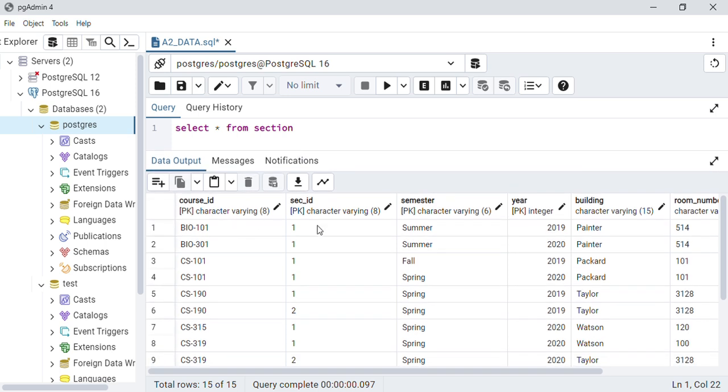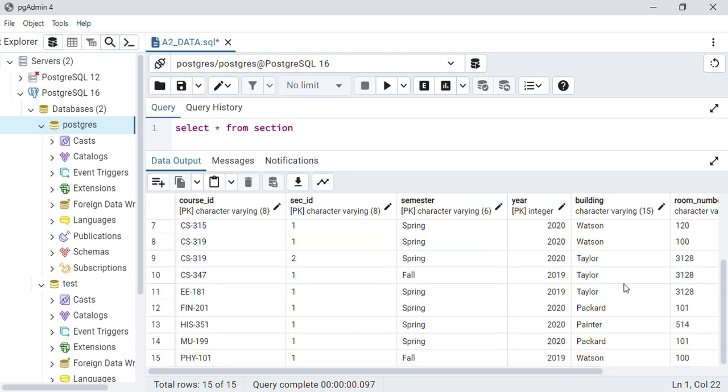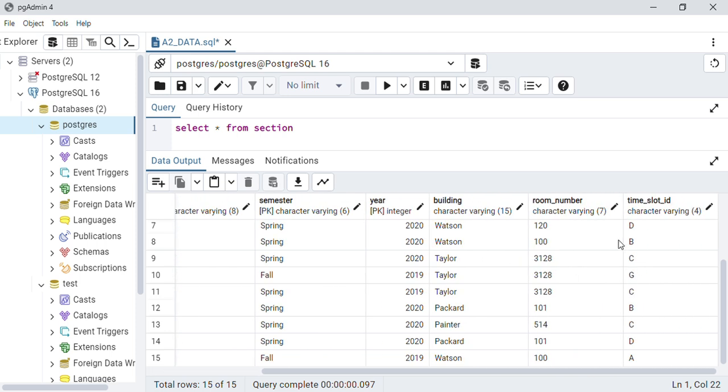So course ID, section ID, semester, year. Together they form the primary key. Building is a foreign key, and the room number, building and the room number, they are the foreign keys from the table classroom. And time slot ID is a foreign key, but